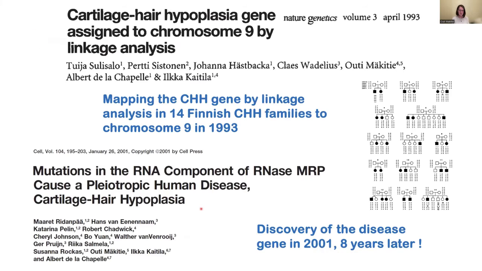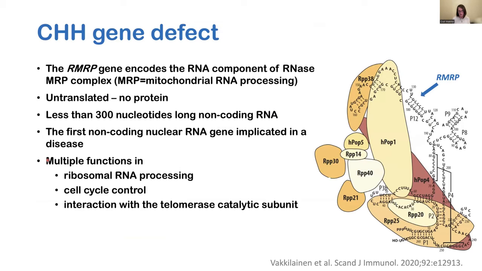So the genetics is very interesting in cartilage-hair hypoplasia. Based on the Finnish families, the CHH gene was localized to chromosome 9 already in 1993 by linkage analysis in 14 Finnish families. But then it took 8 years to really pinpoint the gene itself, and the gene turned out to be extremely interesting, and the discovery was published in Cell in 2001. And it was interesting because